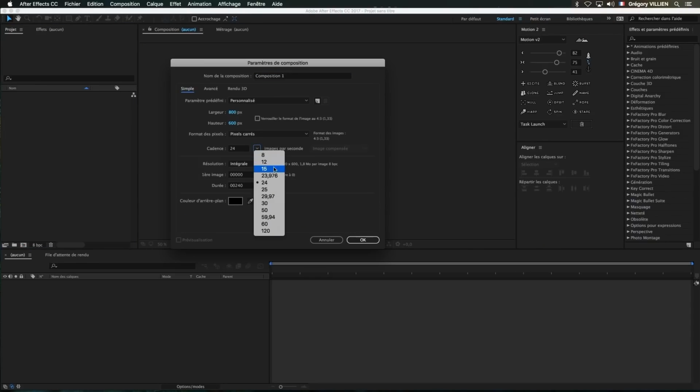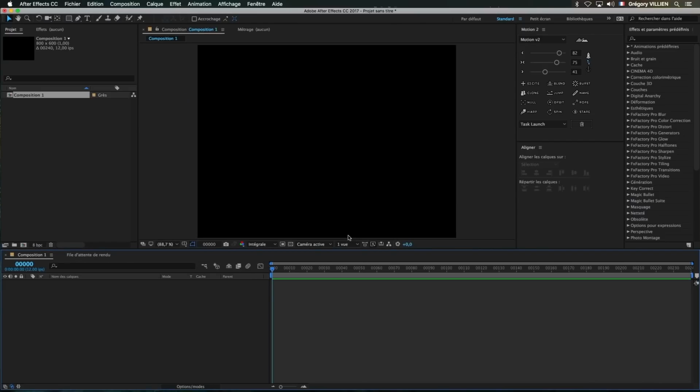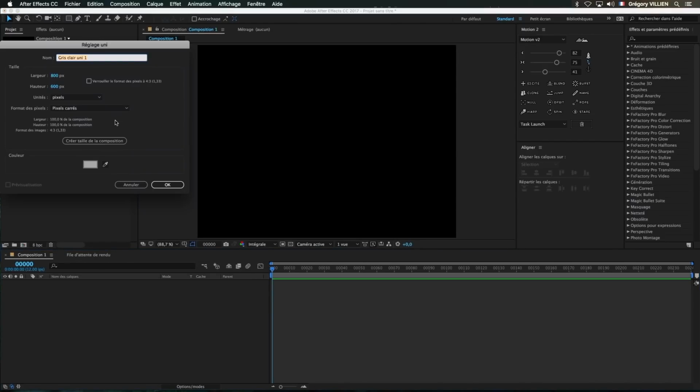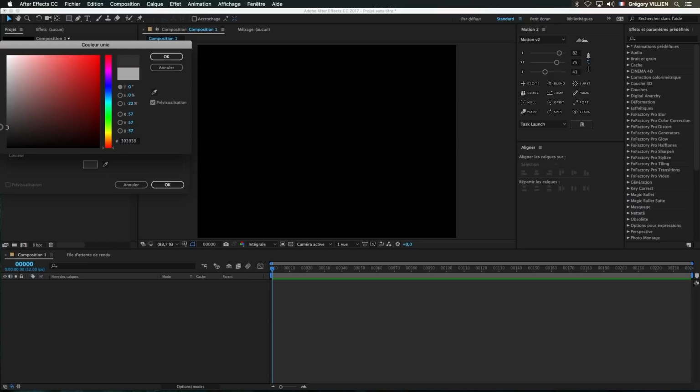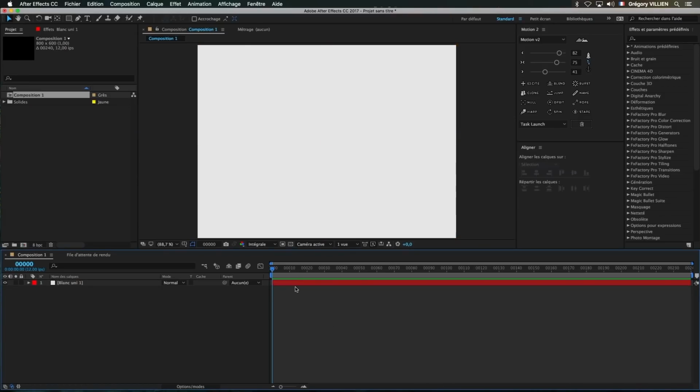Now, first, we start by this principle. I make a new composition. And because it's going to be a traditional animation frame per frame, we're going to start on 12. Because we're going to work frame per frame, 25 or 30 is going to be too long, and the render is not great. So voila! We take a background, and we take 2 minutes on After Effects to prepare our composition. We already know where we go and what we'll do.